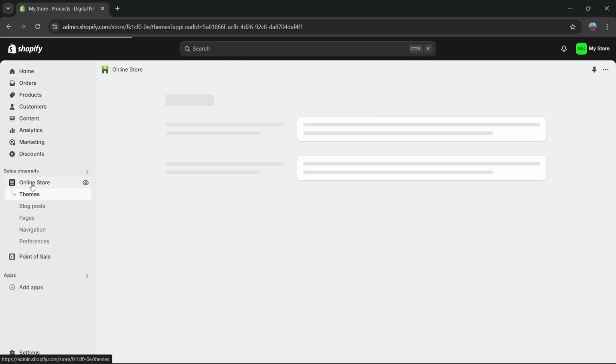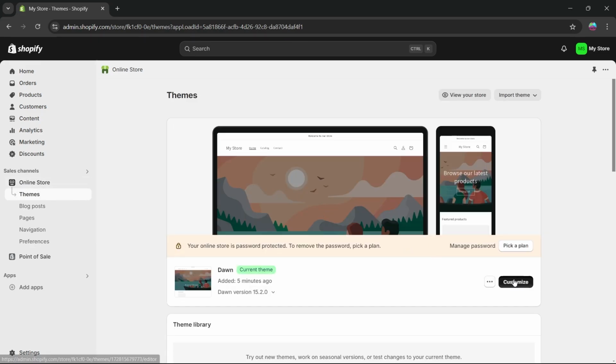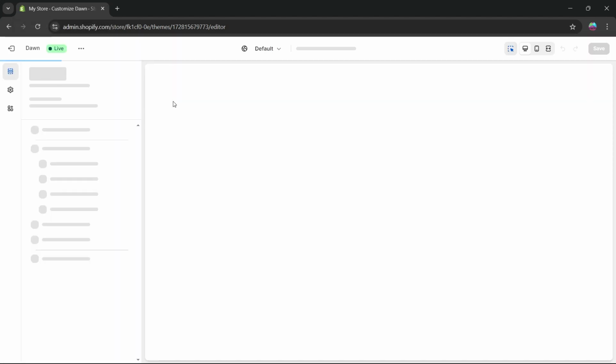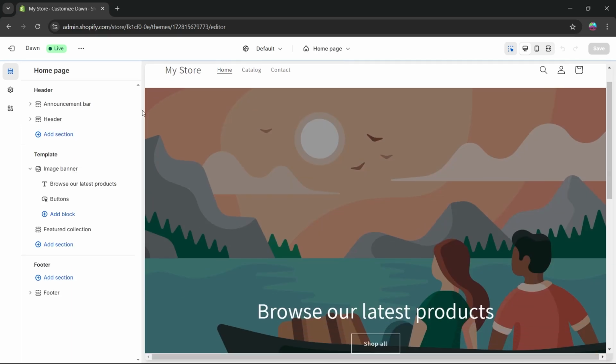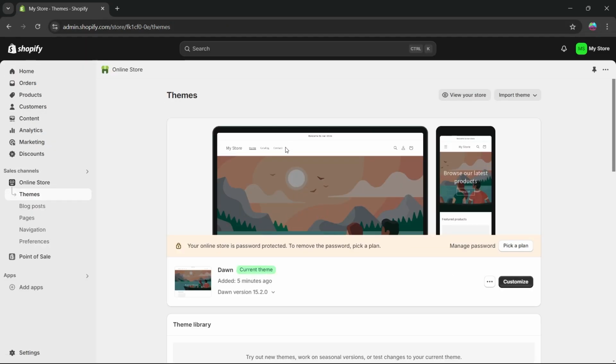This is online store. Click on it and you'll be navigated to your themes section. Now you can click on customize and you'll be automatically navigated to your Shopify editing section. Here you can edit your Shopify's store. We have all these tools that we are going to explore, but we can click on exit, navigate back to